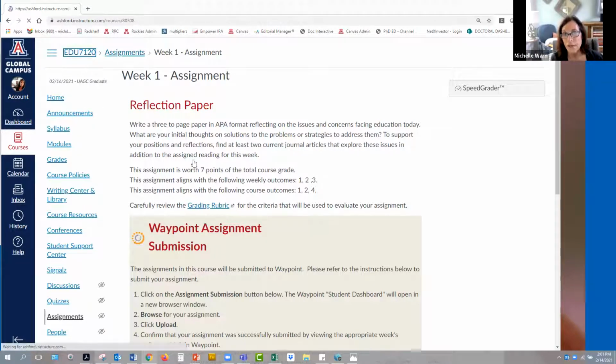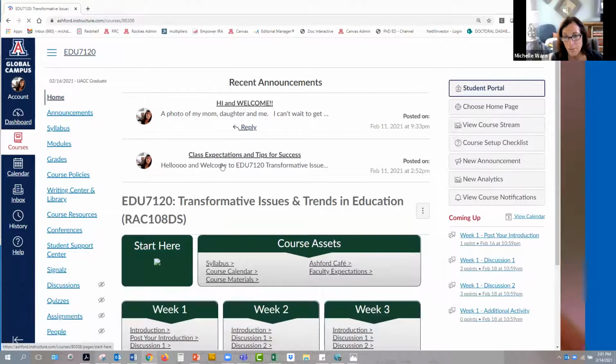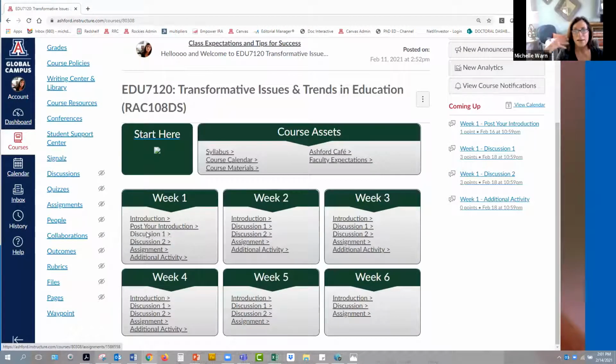So what you're doing is you're addressing the topic in the discussion board. You're thinking about it, getting oriented to it. And then in the assignment, the paper, you're just going a little deeper with it. You're finding maybe some additional resources and just going more in depth. And you're going to be demonstrating a synthesis of what you've learned for the week. That's all it is. You're not starting all over again with a new topic, okay? Bring in your discussion boards, bring in the resources you've used there, add one more at least, and then that's your paper, 3 to 5 pages.